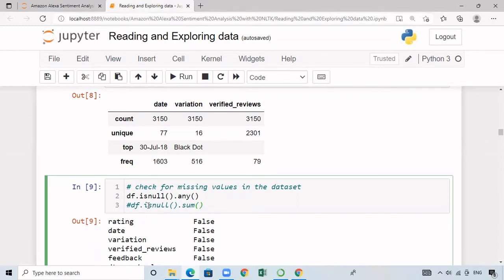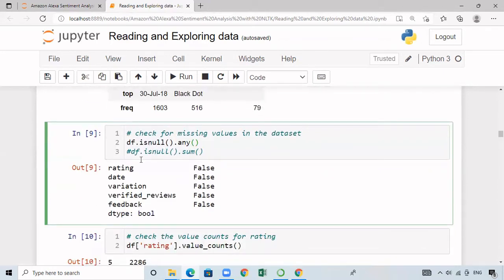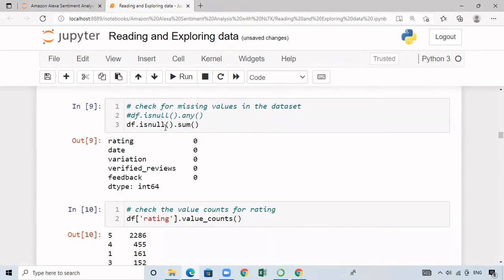So we can achieve this with the help of 2 different functions. One function is with the help of this data frame object we have created, we can call isNull function and then in that .any. Now this function, for every column, it is going to display whether any null values are present. If any null values are present, it will display true. Otherwise, it will display false. Here, for all the 5 columns, we are getting false. That means that there are no null values in our data set. If you use df.isNull.sum, you are going to get some of the null values. So here we are getting 0 for all the columns, meaning that there are no null values present.